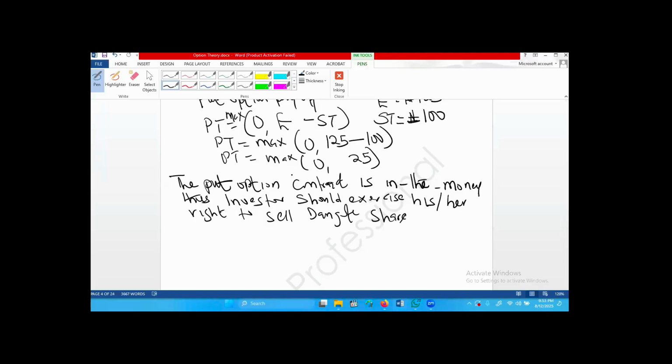Is that clear, please? Hello, sir. Yes, please. In this option, I just want to clarify my doubt. Between the right to buy and the right to sell, I see the formula changing position. Exercise comes first here, but in the former one, maturity comes first, minus exercise. Yes, that is the appropriate formula. Okay, they change position. Yes. Okay, thank you, sir.